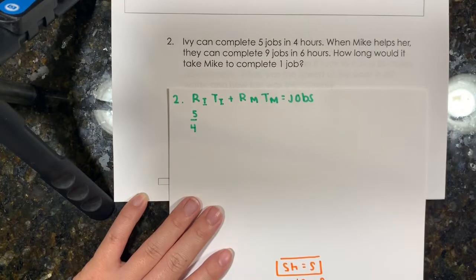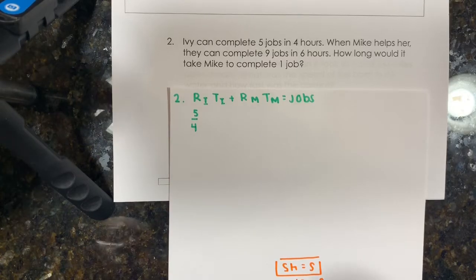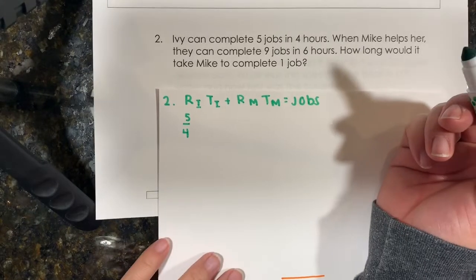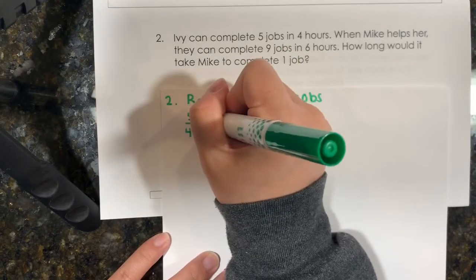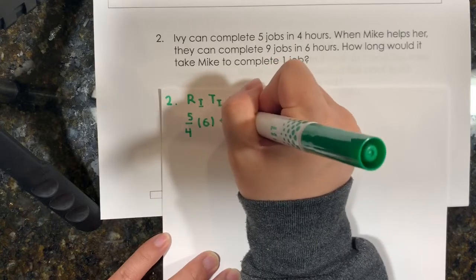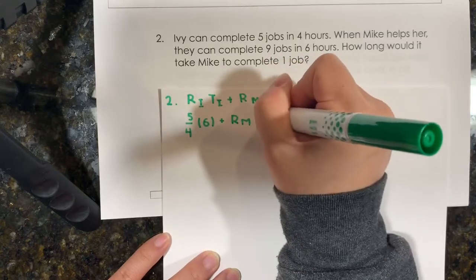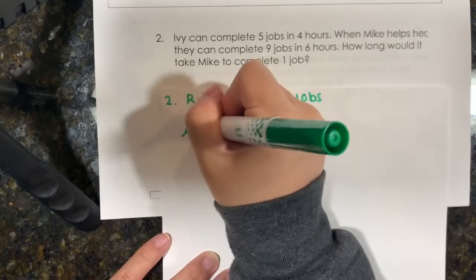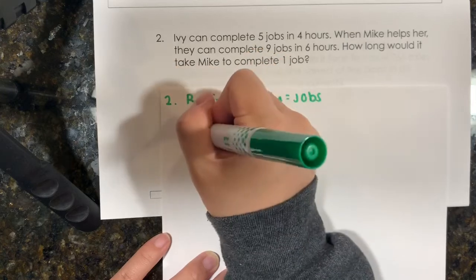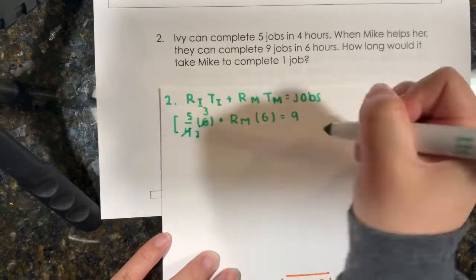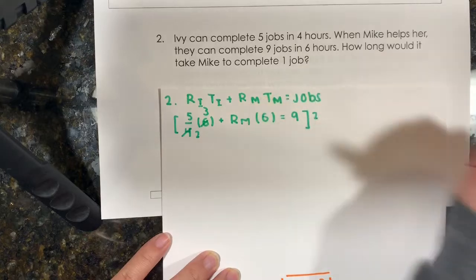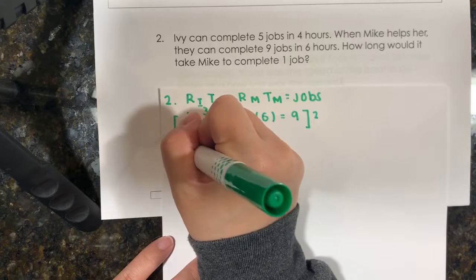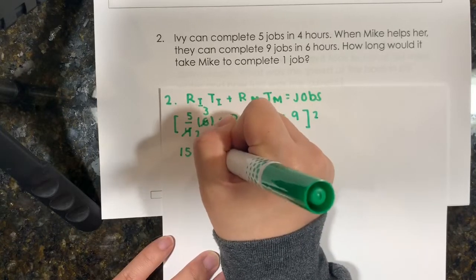It says they finished the 9 jobs in 6 hours, which means both of their times are going to be 6. We don't know the rate of Mike, but we know he works for 6 hours, and we know that they complete 9 jobs. This can be simplified. We can get rid of the fraction by multiplying this whole equation by 2. By doing that, we would end up with 15 plus 12 RM